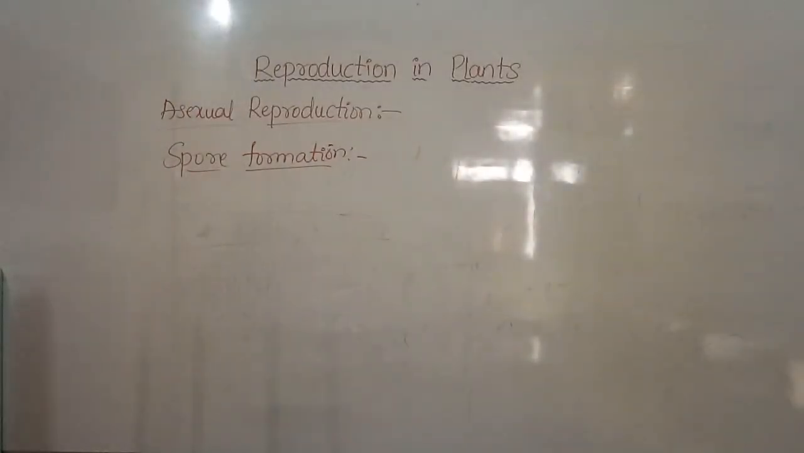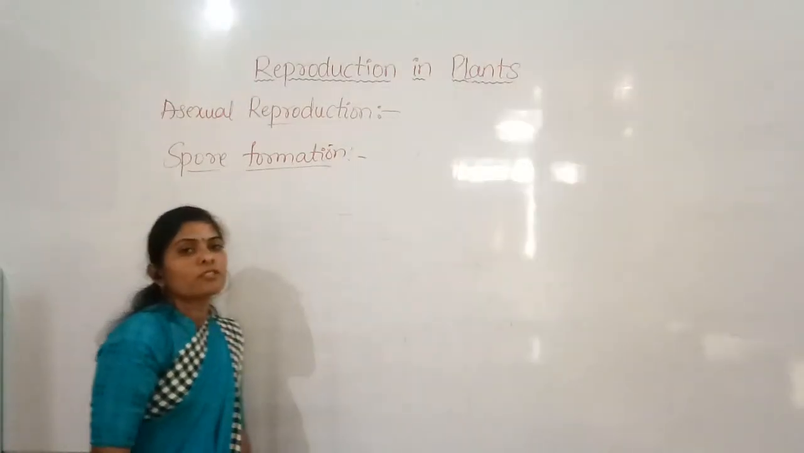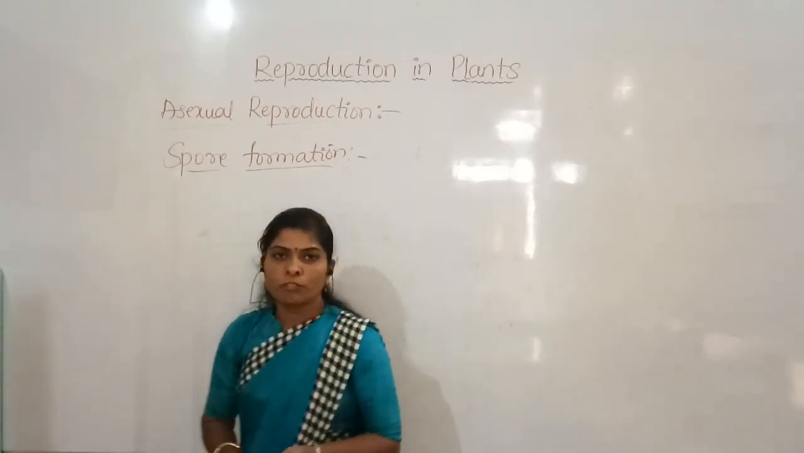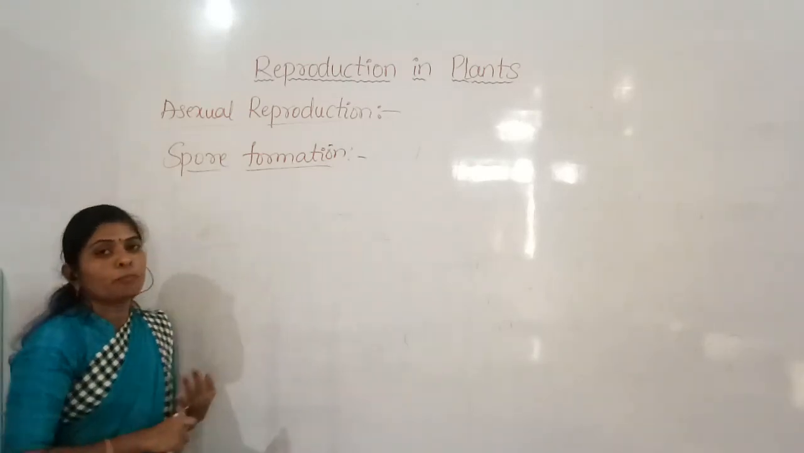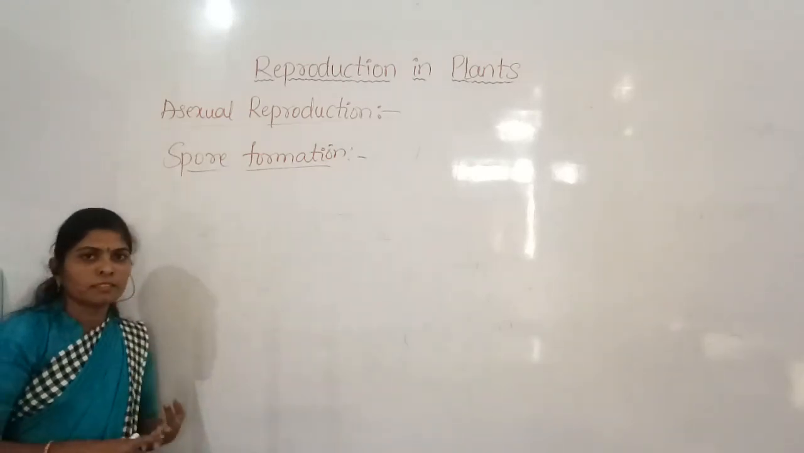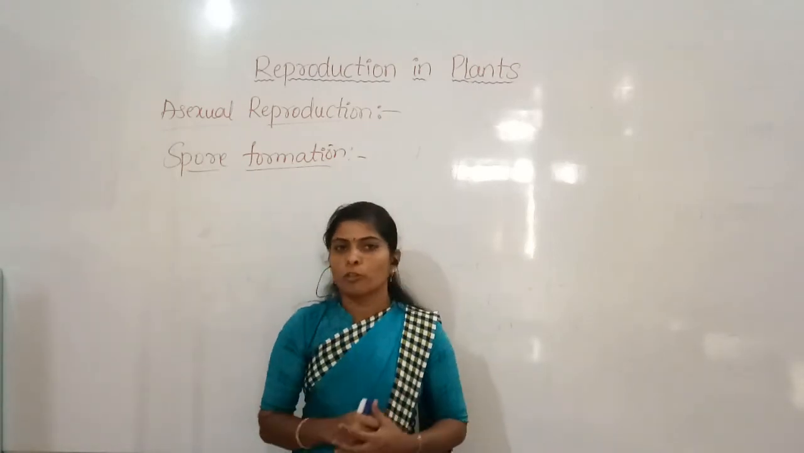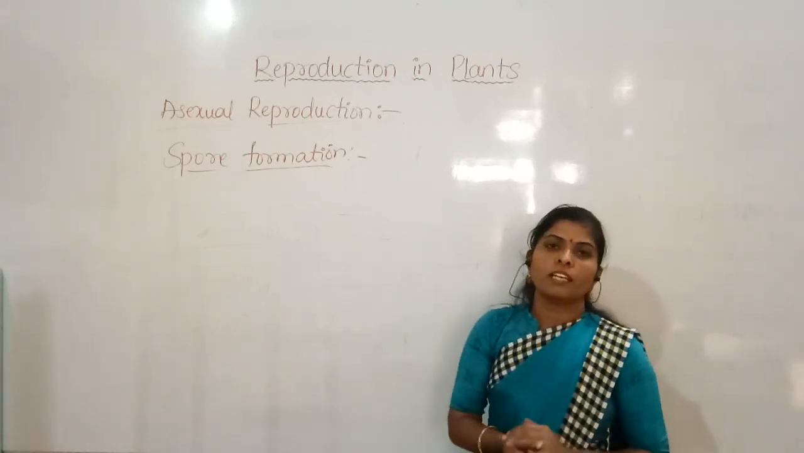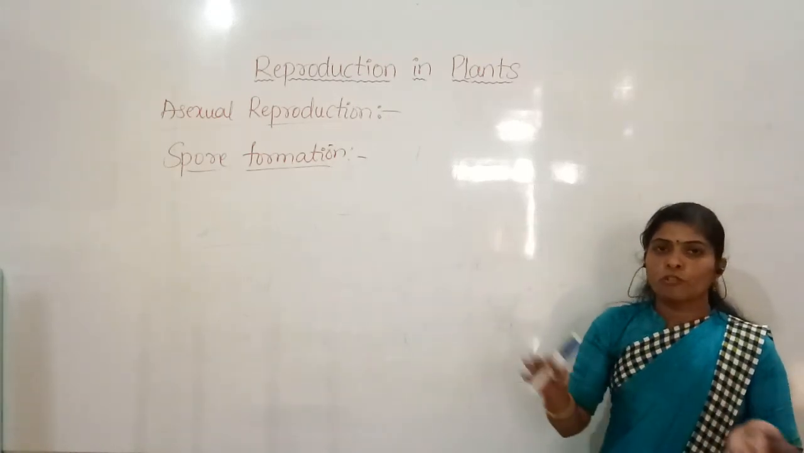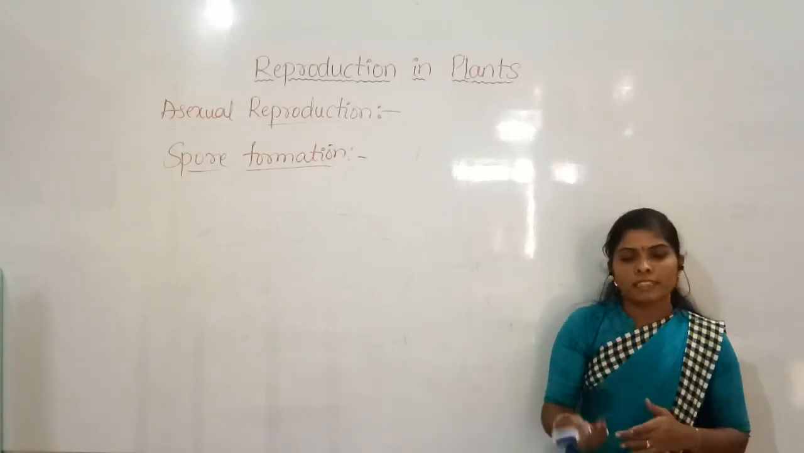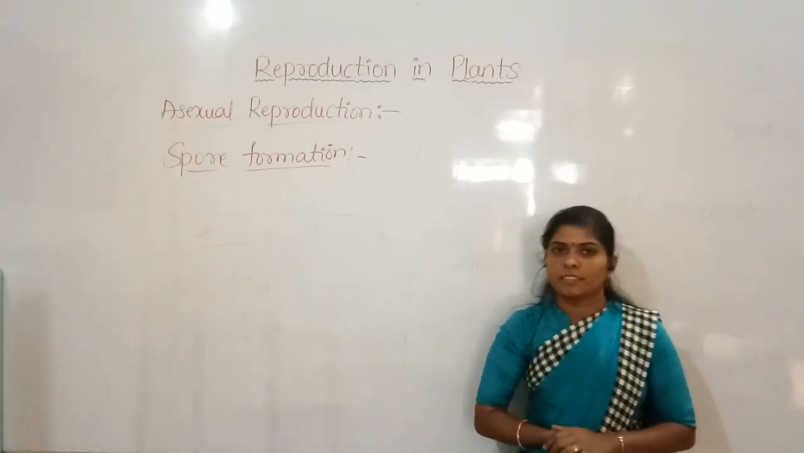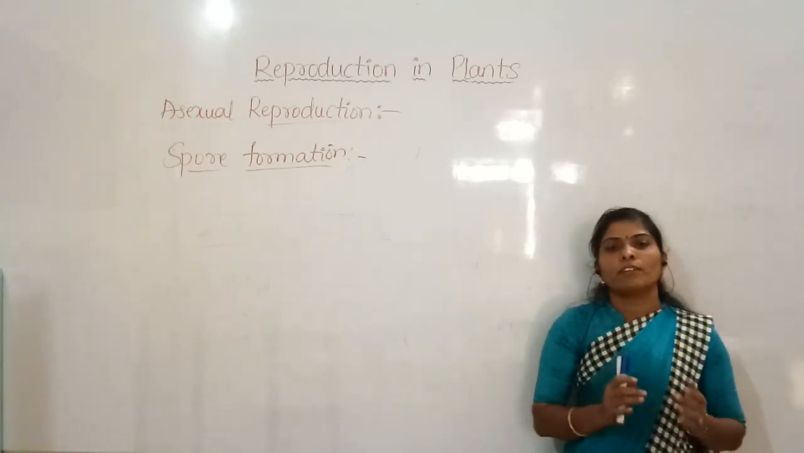So likewise asexual reproduction takes place in plants. There are different types of asexual reproduction. One is vegetative reproduction or vegetative propagation, and then budding, fragmentation and spore formation. I hope you have understood these types of asexual reproduction, and in the next class we can discuss sexual reproduction in plants. Okay, I hope you have understood this, and even though if you have any